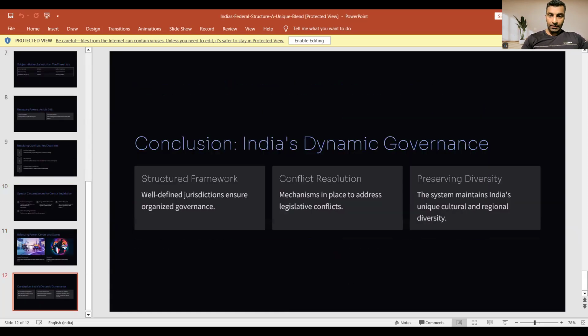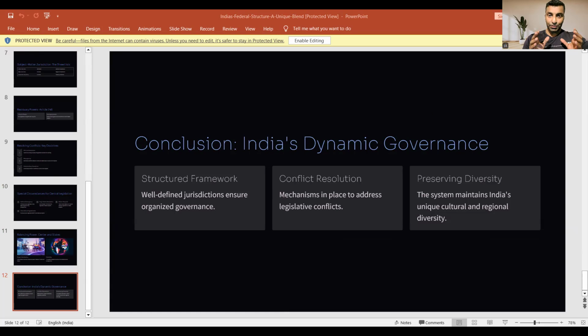Flexibility, yes, we discussed this. That flexibility comes during these exceptions. So what we can consider, in essence, I can say India's federal structure is designed to balance the power between the center and state, and it provides flexibility to adapt to various circumstances. We discussed in case of Rajya Sabha passing a resolution. We discussed in case of states requesting. We discussed also in case of international treaties. We also discussed in the case of national emergency situations. So there is a lot of flexibility involved in this.